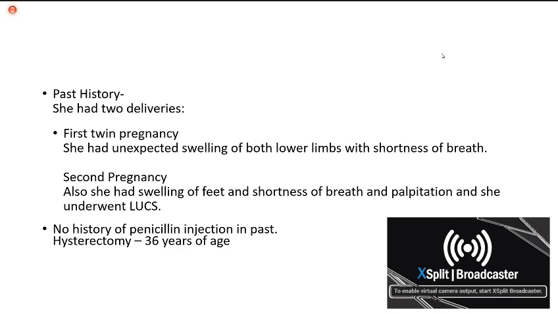What is LUCS? Cesarean section. Okay. The indication is for the mother. What did the doctor tell her, why should she undergo it? The doctor told her that her condition of the heart has some problem. She could not tell in full, but she told that she has some problem in the heart, so she needs